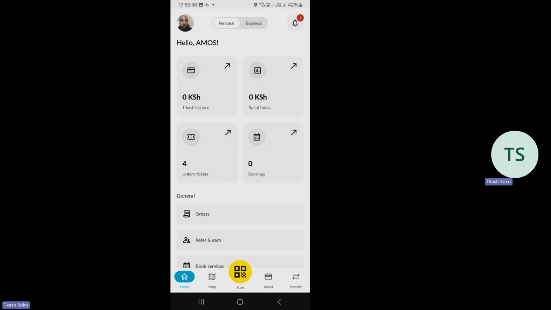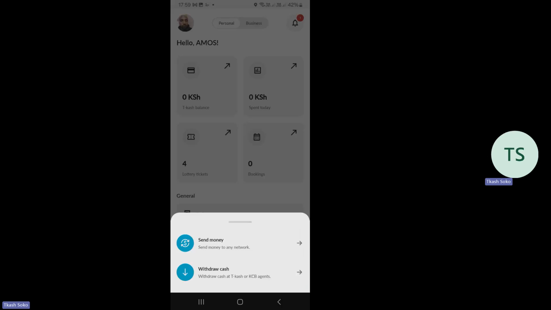I have, hapa chini I have home, shop, scan, wallet, then transfer. Transfer iko hapo mwisho, just down on your right hand side. Nikiguza transfer, I have the option of sending money and withdrawing cash. But I can only access these two options and be able to use the money that I have on my T-kash account if I've completed my KYC, and that is why KYC is very important.